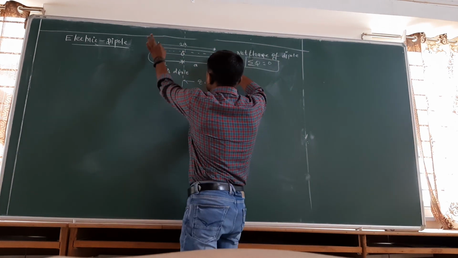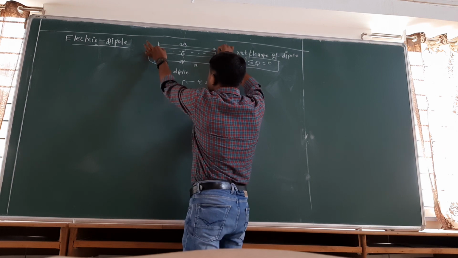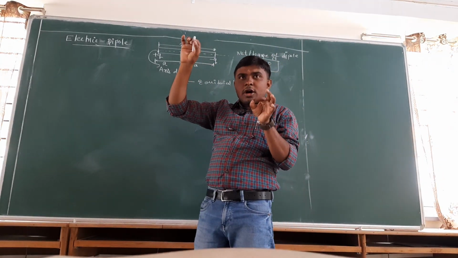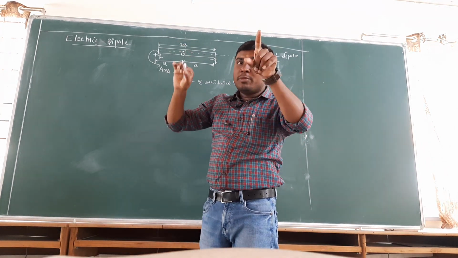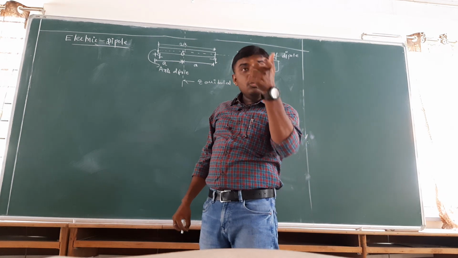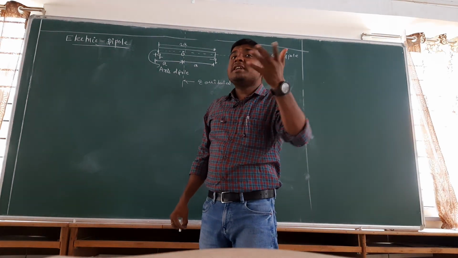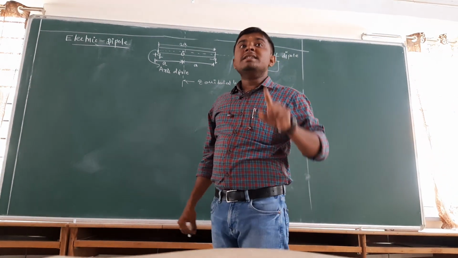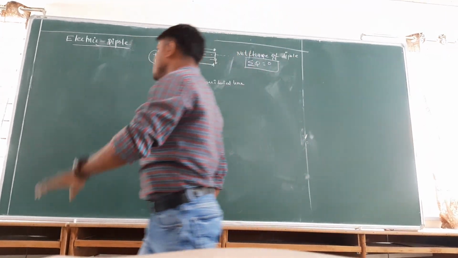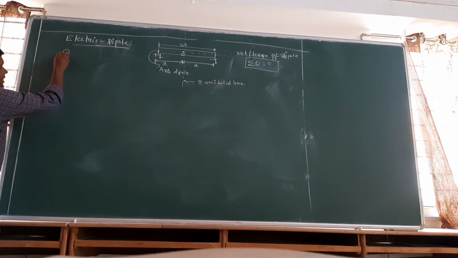Moment means these two are equal and opposite, and both exist in a force field, so a torque will develop in it. And as it develops a torque, and torque's another name is moment of force also, so there is some movement in that system. That movement, how much it is and what it is called, is called dipole moment. So we'll see what dipole moment is.